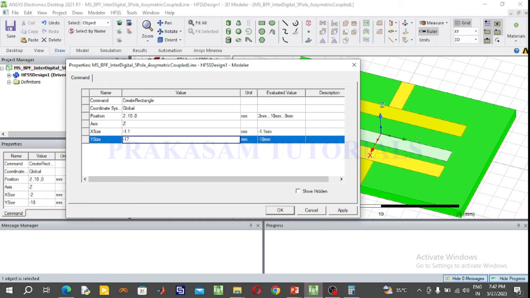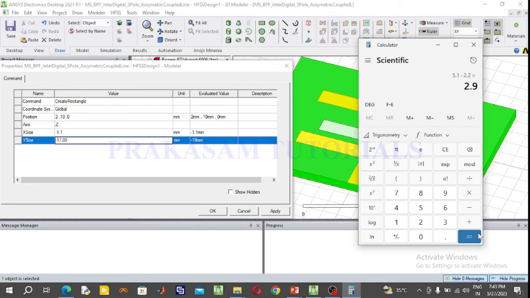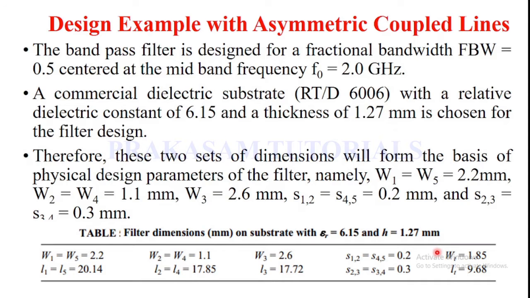So minus 17.85, and position. So this rectangular sheet X position is 2.9 minus, and gap value is 0.2. S12 gap value is 0.2